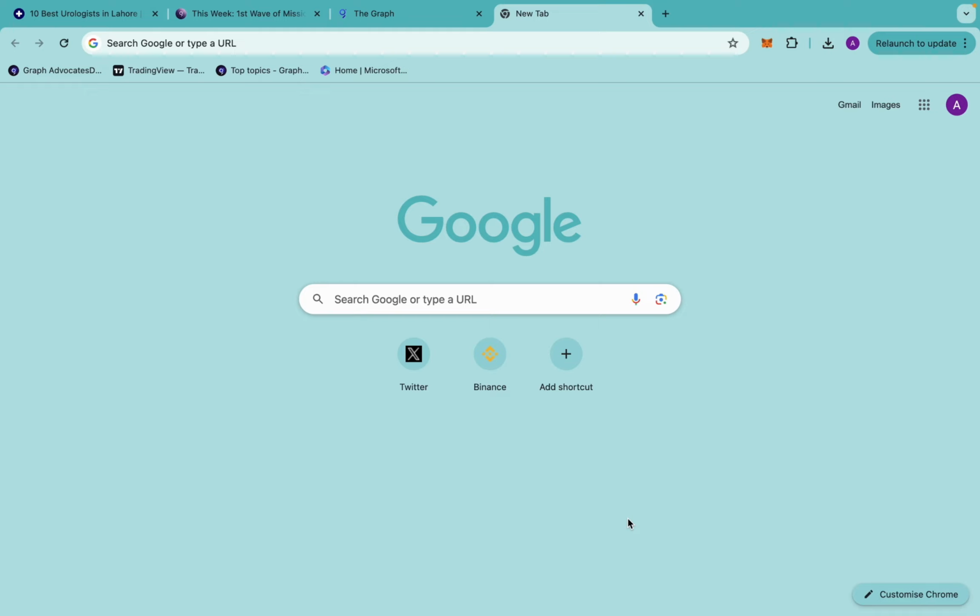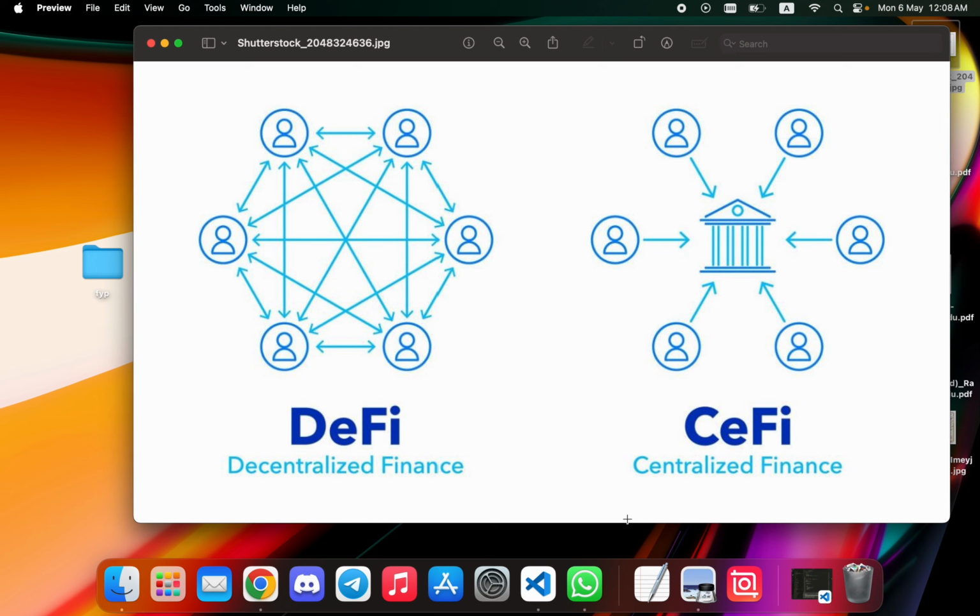But first let me tell you what is Web 2. The information we search in our everyday life on Google and Facebook, these are all examples of Web 2, where one entity or an organization has full access over the data of the user and can do whatever they want to do. Let me give you an example of it.